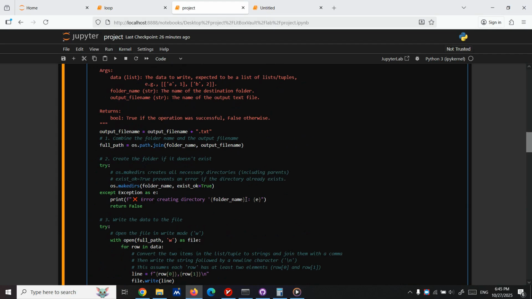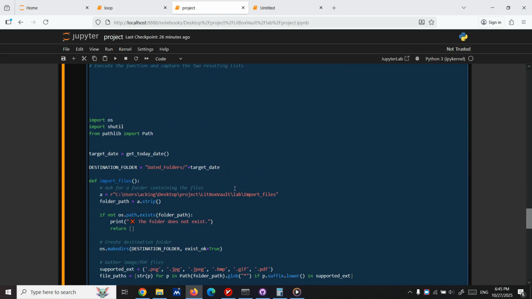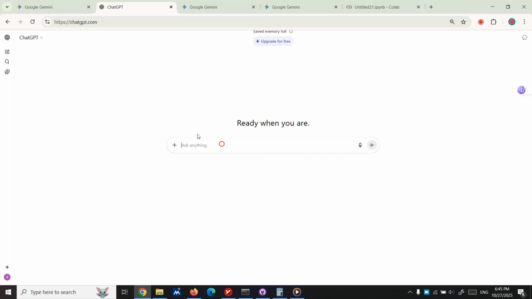Let's at first ask it to make our code cleaner. No, I am okay with that. It's worked great. I want you to change this code to go to today's date, to go to the folder with today's date name, and in that folder